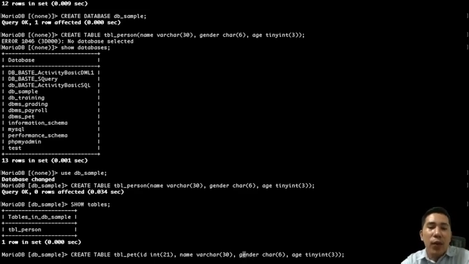I also follow the naming convention, which I actually didn't do earlier. For instance, my table represents a pet, so all of my fields and attributes there should have a prefix of pet. So let's say pet, but you don't have to do this. This is only my personal experience, because sometimes